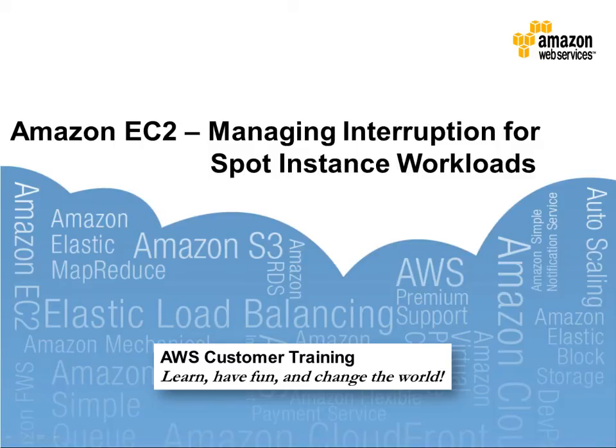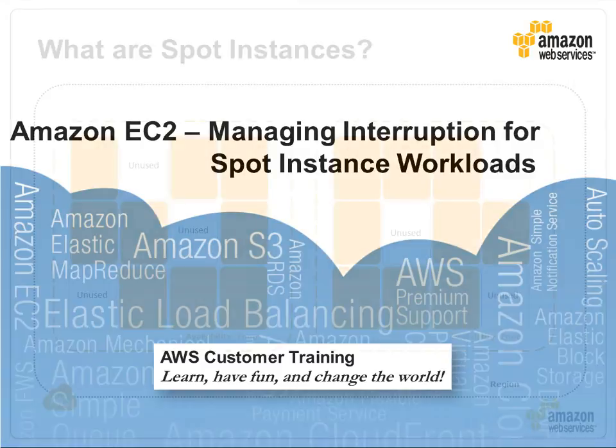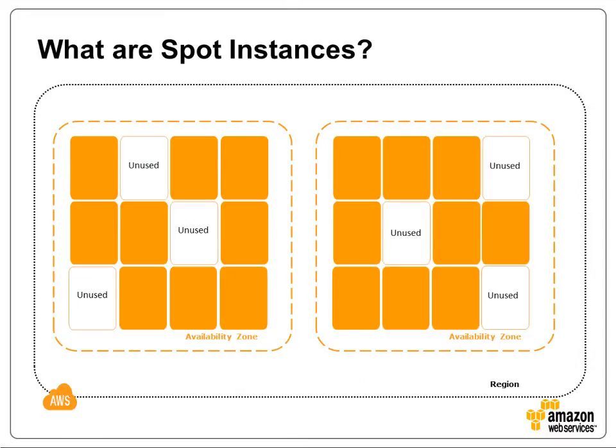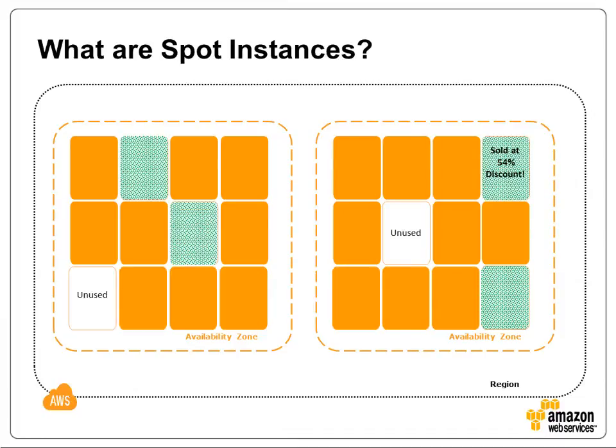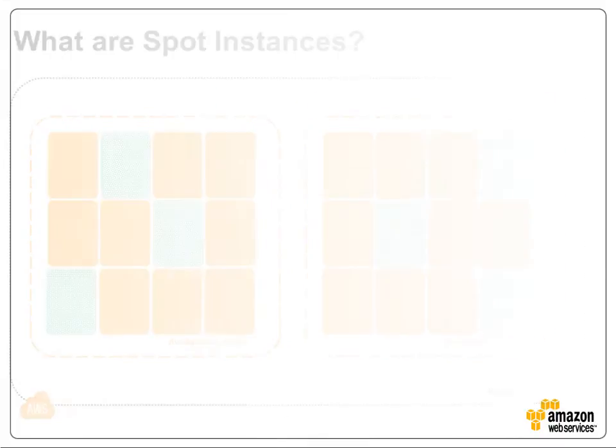Today I'm going to show you how some customers who use Spot instances manage the interruption of their Spot workloads. Spot instances provide a way to bid for Amazon EC2's unused capacity at a significant discount. Historically, customers using Spot instances have received discounts between 50 and 66% off the on-demand instance price, with no commitments